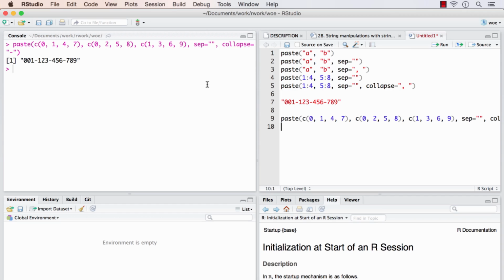We have our answer. It's alright if you didn't get this right the first time. It's a bit tricky actually. In the next video, you'll get more practice on this, so don't worry about it.